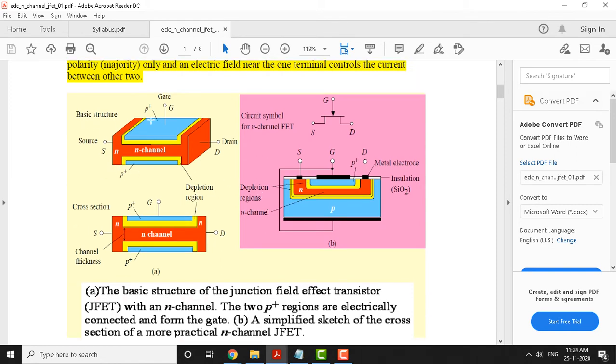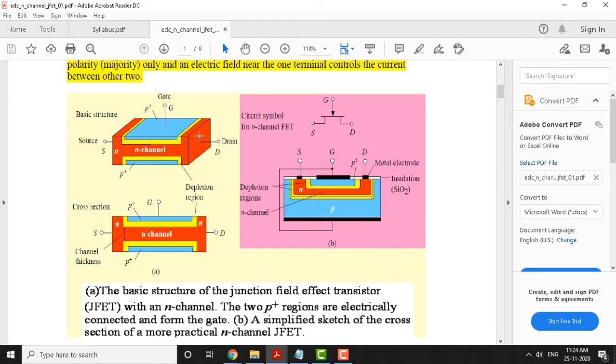You are seeing a total of 3 diagrams which will illustrate this. The first diagram is the basic structure of a junction field effect transistor. With an N channel, you can see the channel here in red color, and the channel is of N type. On top of that you can see a 3-dimensional view of this JFET.